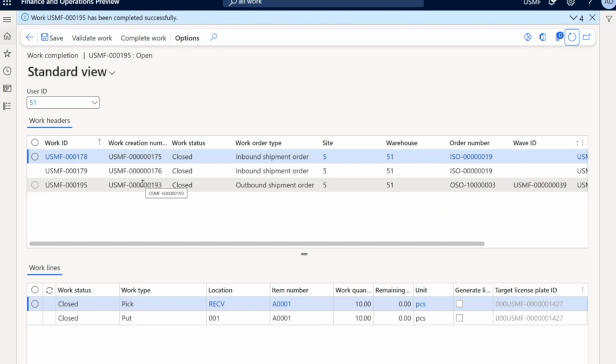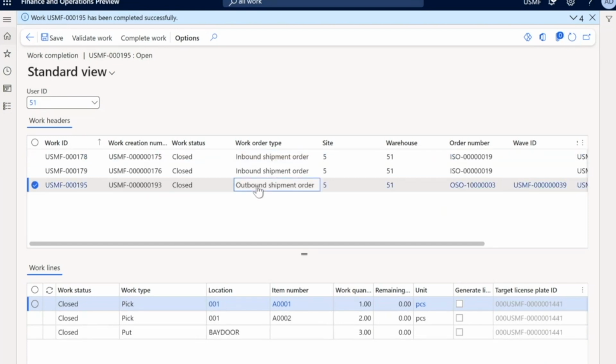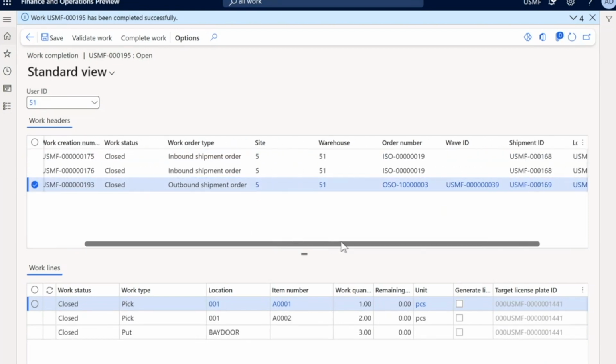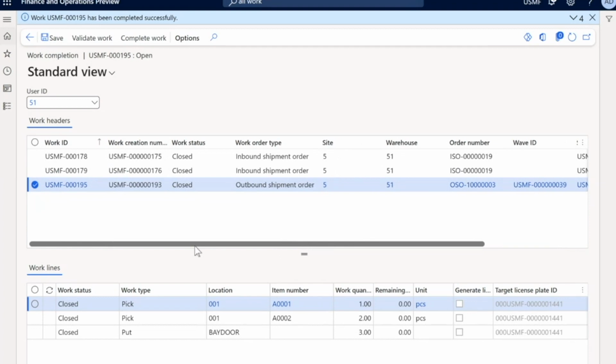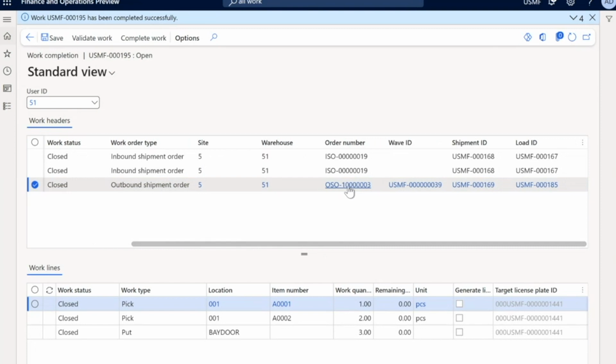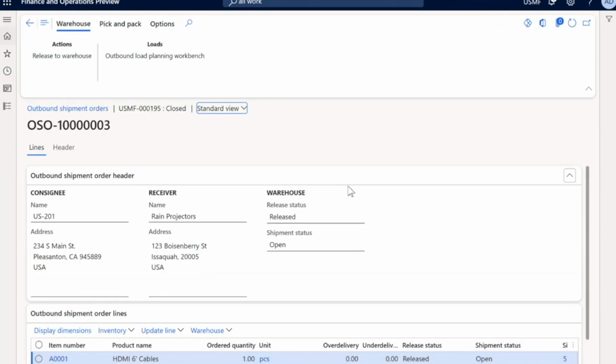So I will not show this on the warehousing app. I'll just quickly go and process our work here. So now, having our work processed, in this case here the outbound order, you will be able to ship the load here. And I just wanted to